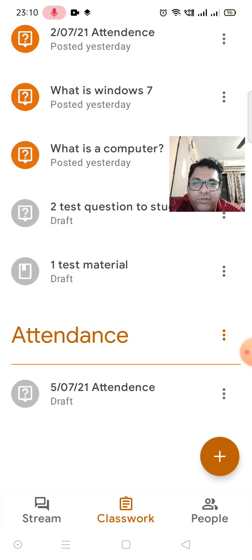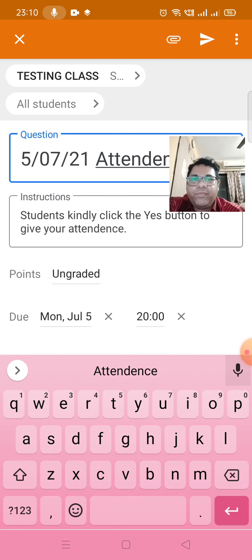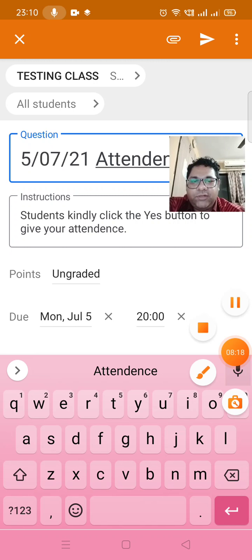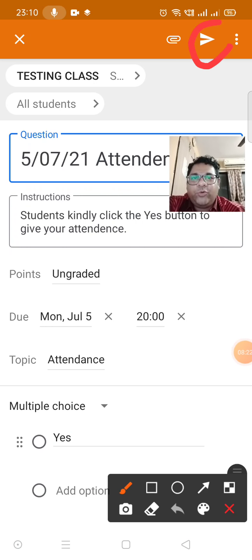Now suppose you want to give the attendance. Suppose it's 5th, the day has come. What do you have to do? Click on this. Okay, open it up and click on the triangle button. There's an arrow over here, right side arrow. You click on that, the attendance will go to the students.